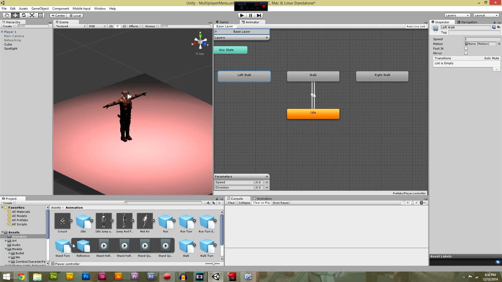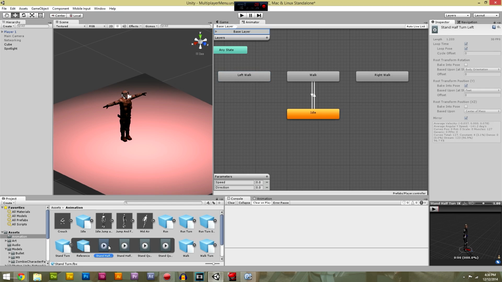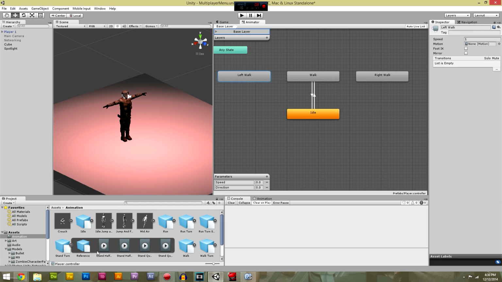So stand turn, we've got these half stand turn and quarter stand turn. I think we'll use the half. So we've got half stand turn left. So we'll go up here to this one, drag left in. We'll drag the right one in,